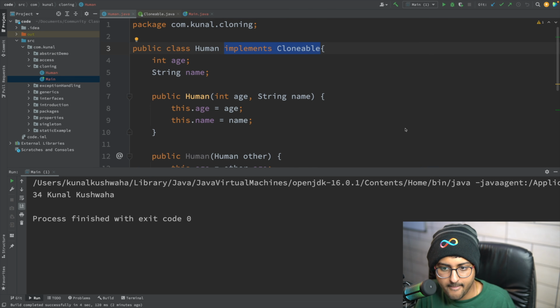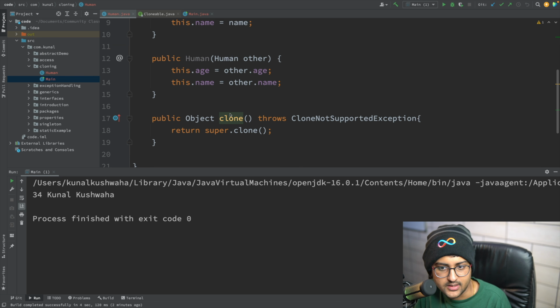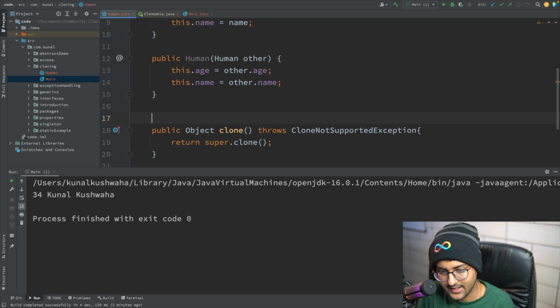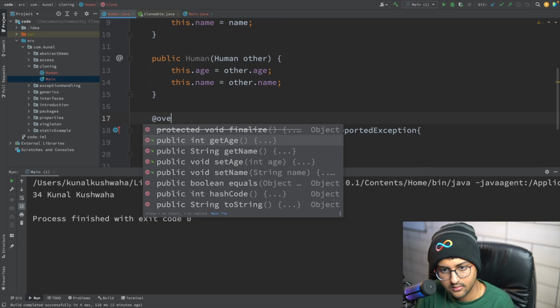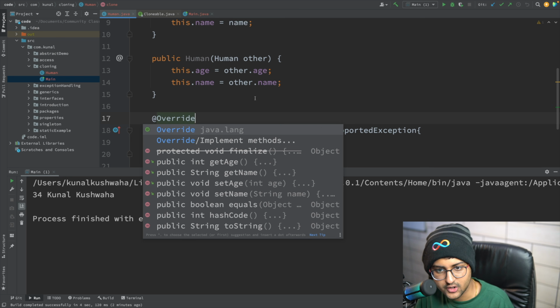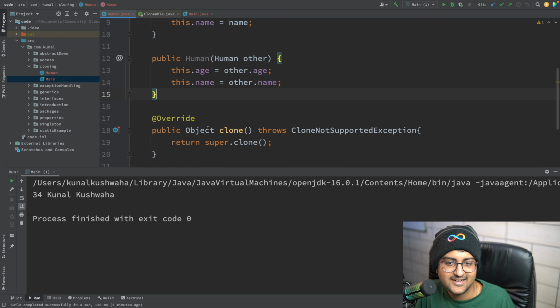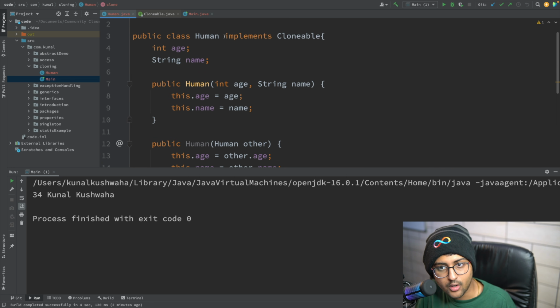And this clone is inside Object. Can I write override over here? Is it actually overriding? Yes, it's overriding the one in Object. Sometimes you may want to specify whether you want to allow it to be cloned or not. For that, you write this line so that the JVM knows it's allowed to clone this.